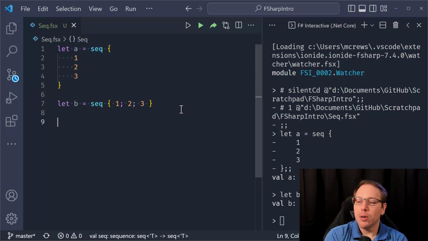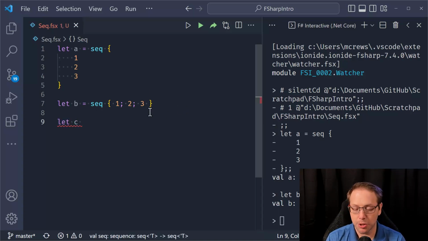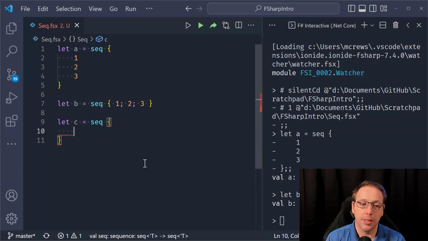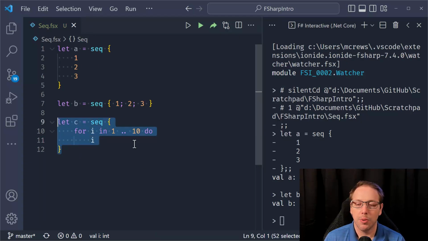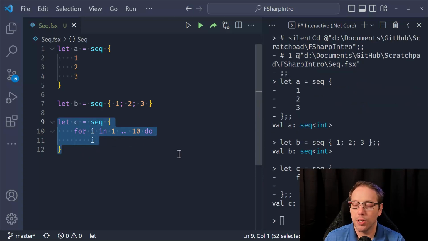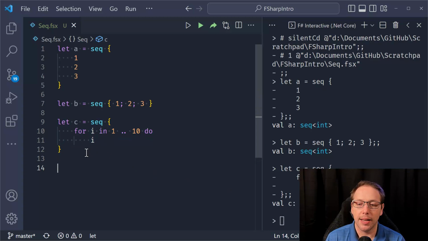Now, okay, we've defined some sequences at this point, but that's not terribly exciting if we can only define values like this. And again, very similar to lists and arrays, we can use a for loop inside of a seq expression, a sequence expression. For i in 1 to 10 do, and we say, hey, just yield i. So what this does is it's going to iterate through the values of 1 through 10, and then for each of those values, it's going to yield a value. So there we go. c is a seq of type int, and just to prove that we actually have something in there,